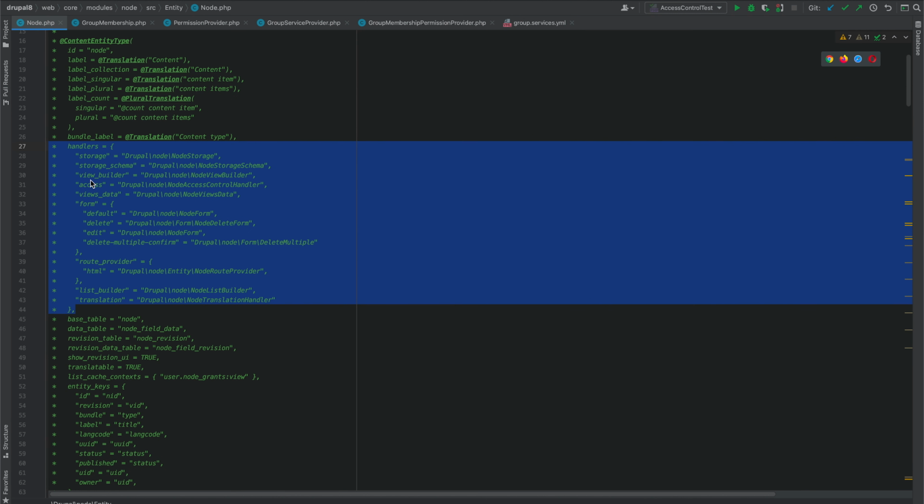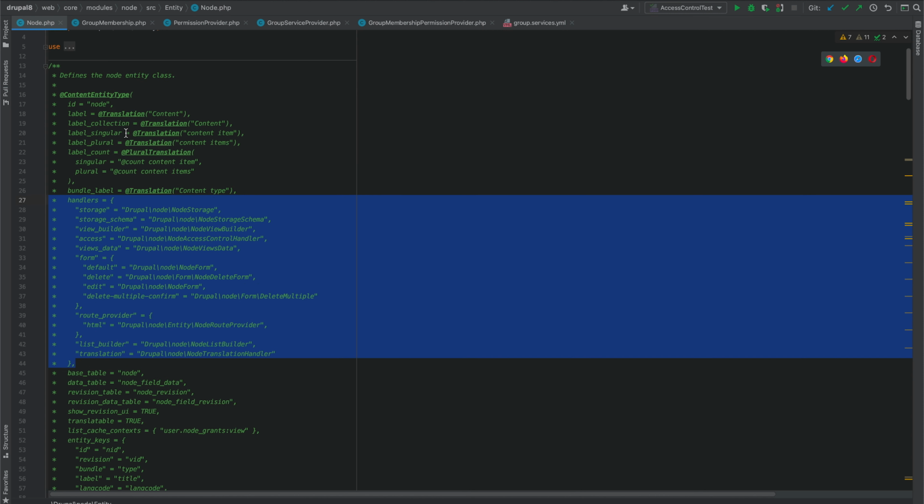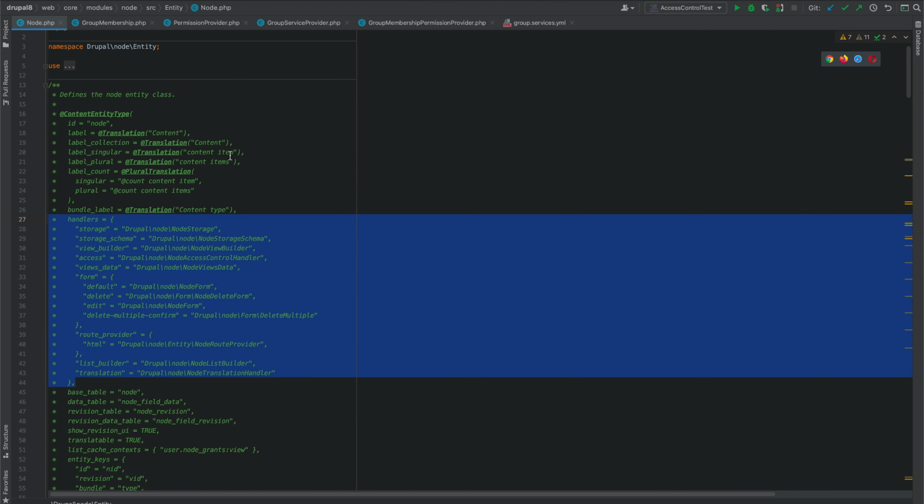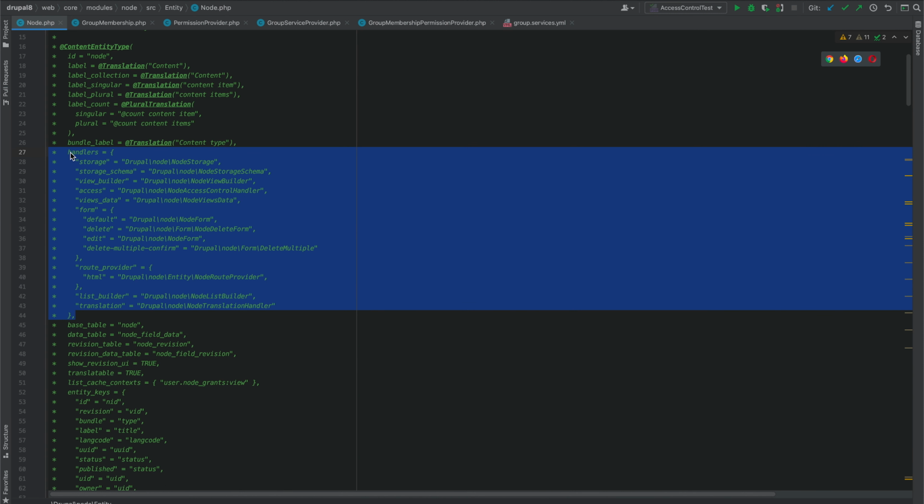If you look in my PHPStorm, we are looking at the definition of the node entity type. We define the classes inside of the annotation. So for storage, for instance, we say, well, you can find that class here. So if someone else was to swap that out and say, well, now you can find that class in my module, and my module makes sure that my storage handler extends node storage,